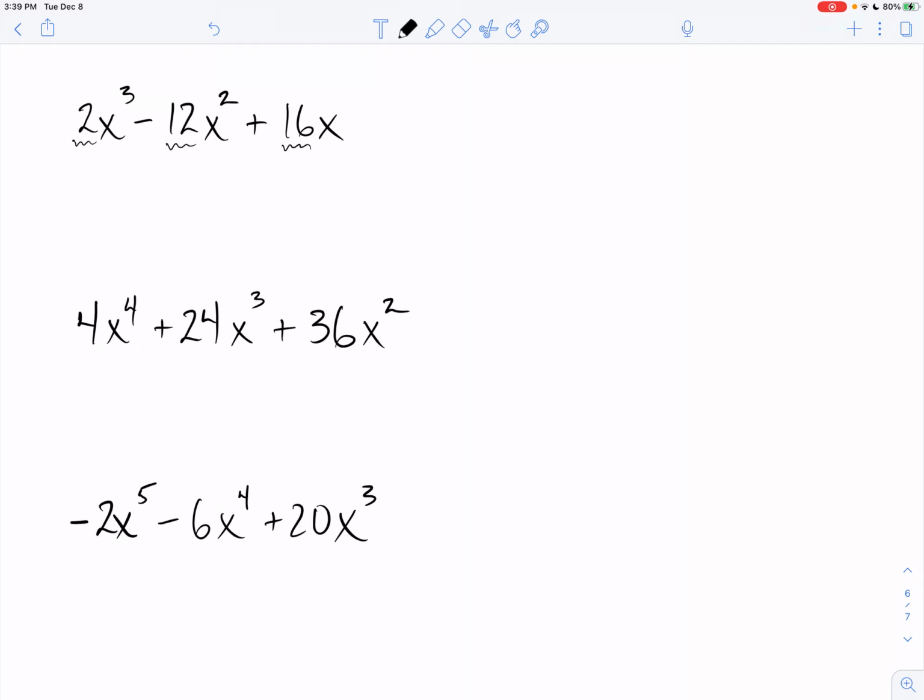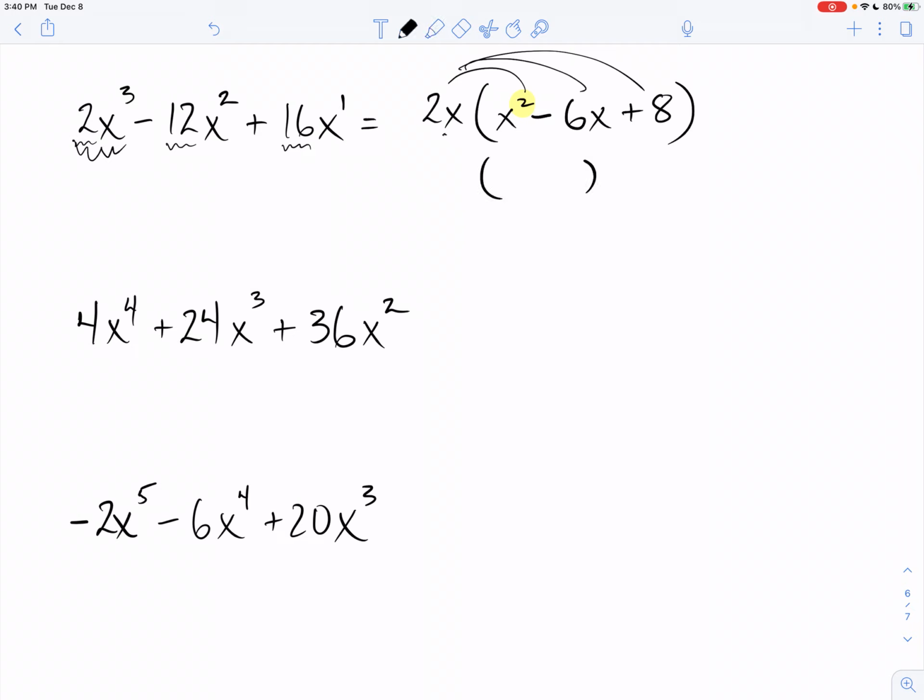And sometimes you can take a number out. Sometimes you can take a letter out. Sometimes you can take one of each. And these are the one of eachers. If I take out 2x, let's build it backwards. I would need x squared right here. Because 2x times x squared is x cubed. Then I'd need a minus, and I think I need a 6 to get that 12 back, but I'd need an x. And then what's the last dude? I'd need positive, what, 8? Yeah, 8. And I go, I'm not done yet because there's a squared there, and I'm going to keep playing